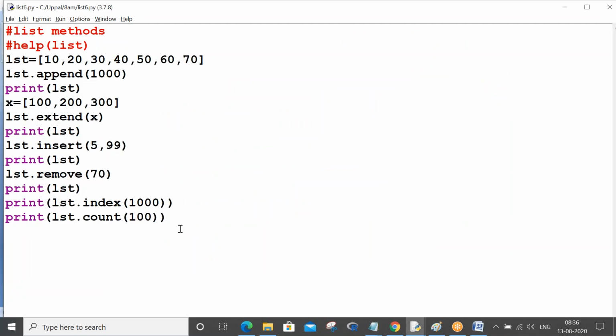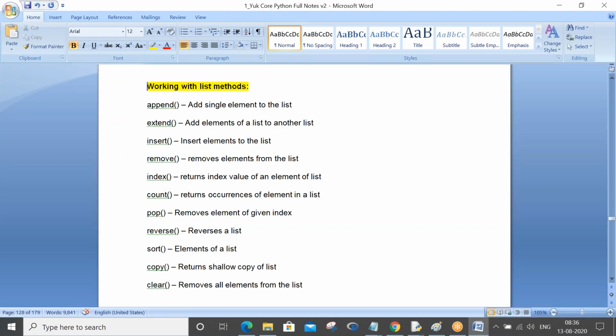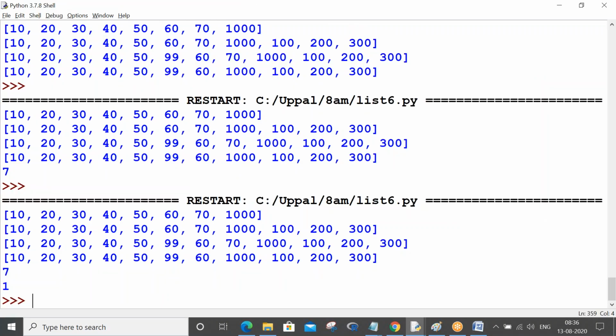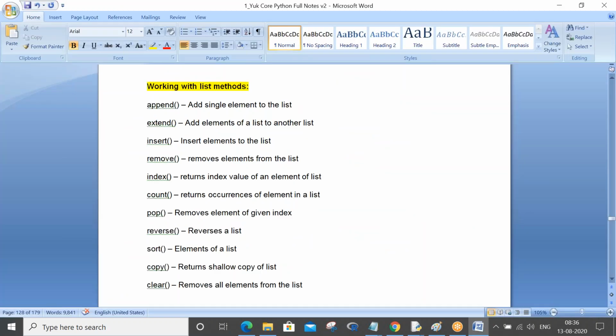Next, pop removes the element of a given index. So let's say lst dot pop of, let's see the latest list. Let's remove 40. The index of 40 is 0, 1, 2, 3. So put 3.